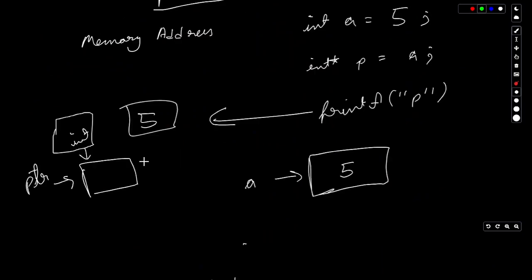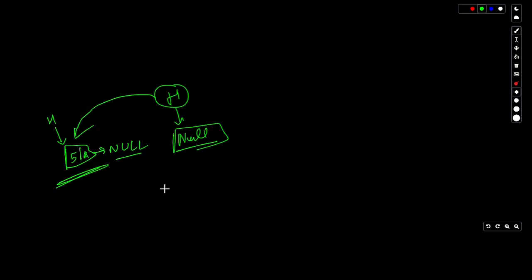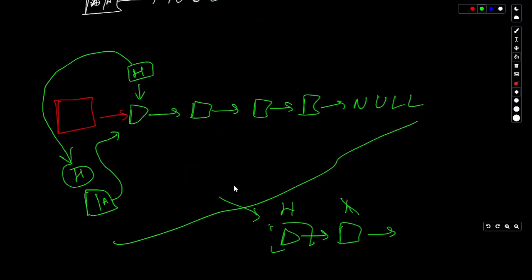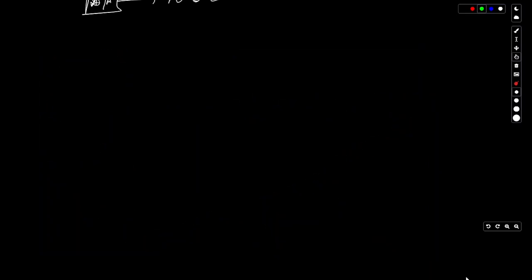But after this we have to change something. So this requires traversal of a linked list too. When we want to add something at the very end of the linked list, we will have to traverse throughout the linked list, and we will have to go to the very last node.